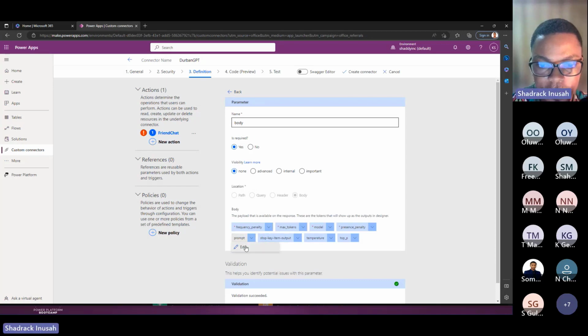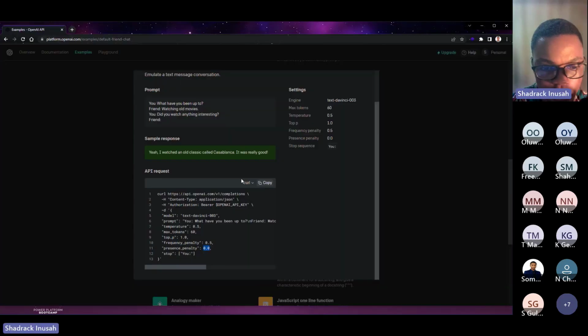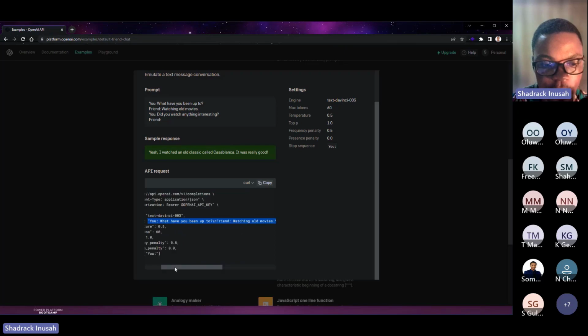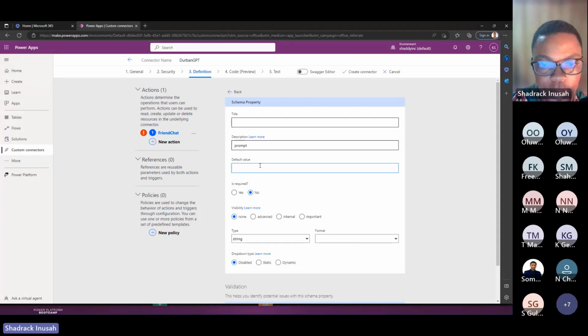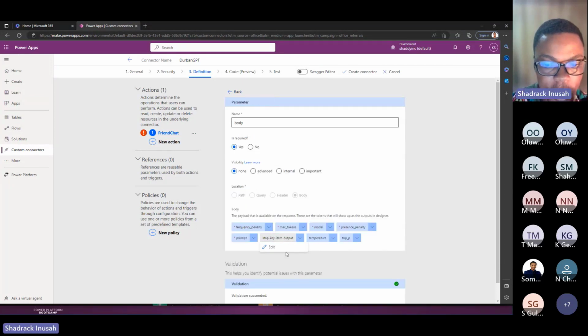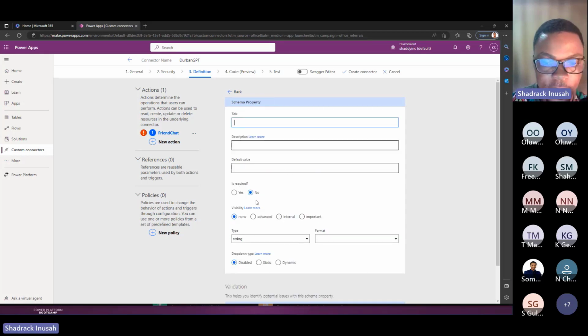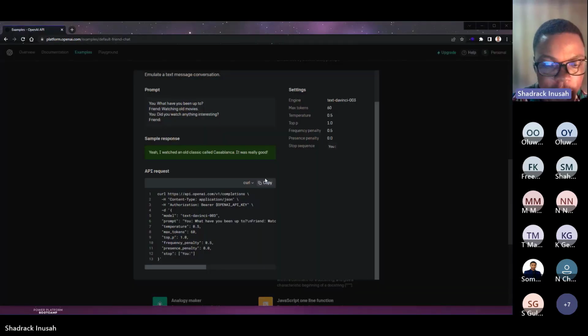Then we have the prompt. So you go to the prompt also to check what that is. So the prompt is actually where you ask the question. That's what pops up for you to ask the question. So that's where the question comes in. So that one is required, but very important, right? Then you go back. So that one doesn't have a value because it's dynamic, right? We don't make it static.